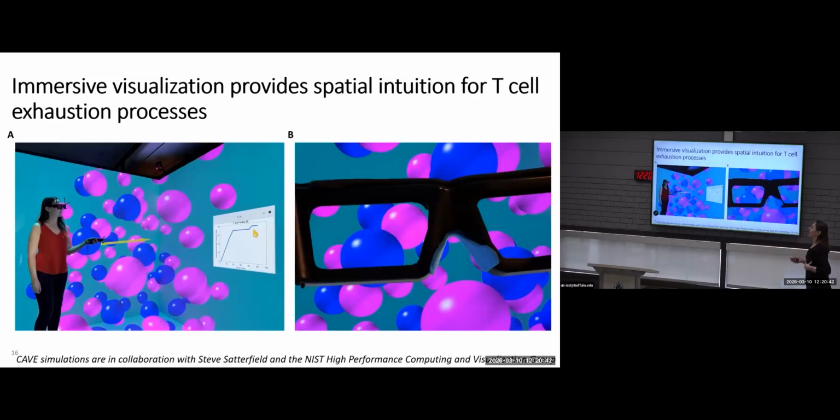One bit of a side note, if anybody has experience with immersive visualization, this is a bit of a side project that I worked on during my time at NIST. We had a cave system, a cave virtual reality environment in which we were able to project our tumor and immune cells really in a room with us, walk through the solid tumor, and start to see these pockets of immune activity forming in real time.